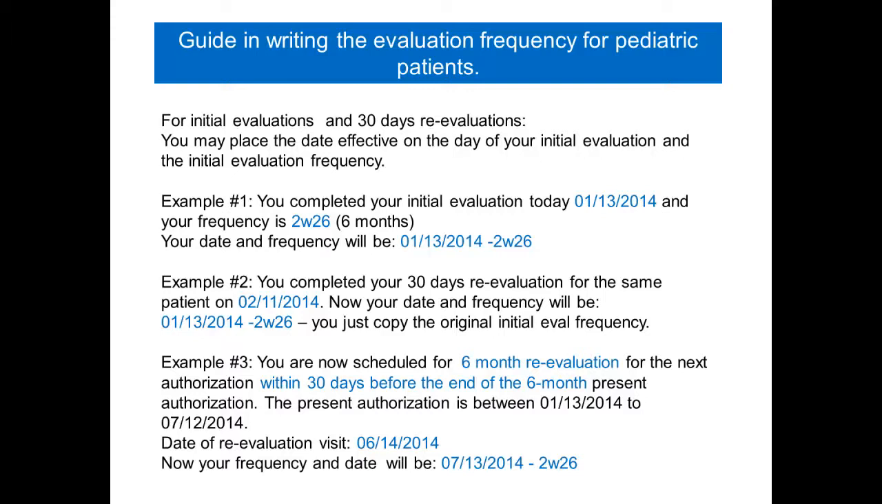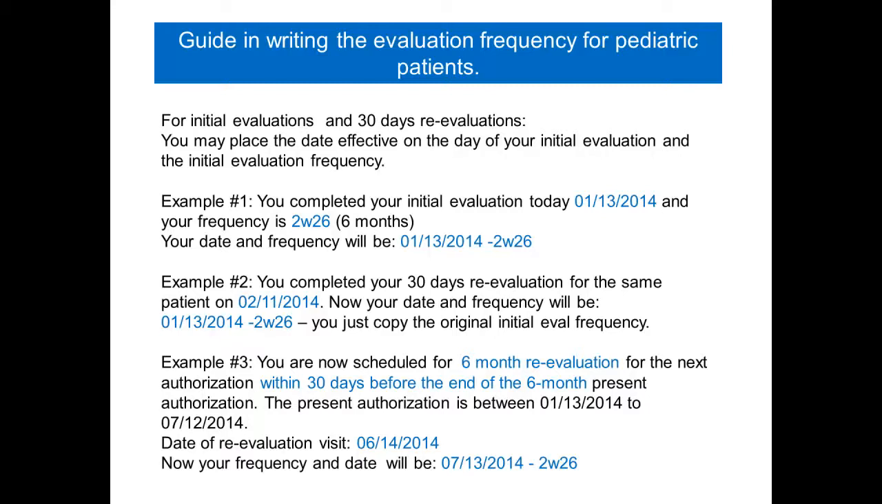For initial evaluations and 30-day re-evaluations, you may place the date effective on the day of your initial evaluation and the initial evaluation frequency. Example 1. You completed your initial evaluation today, 01/13 of 2014, and your frequency is 2W26. 26 weeks is equal to 6 months. Your date and frequency will be 01/13/2014,